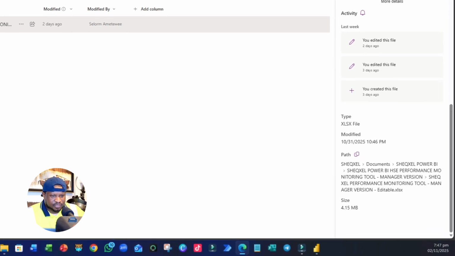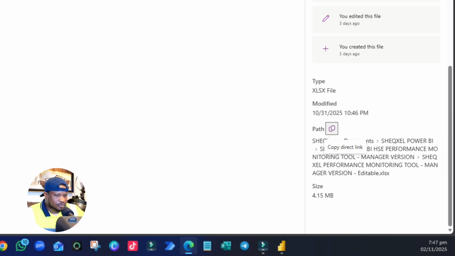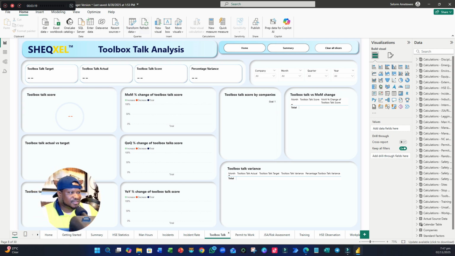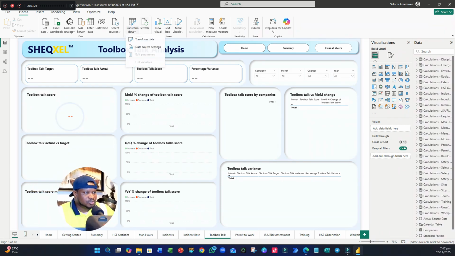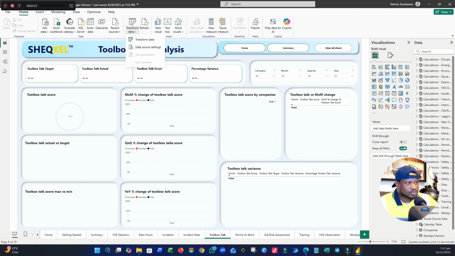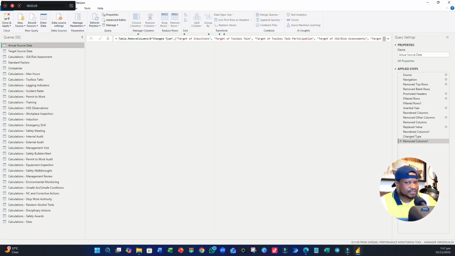So there's a file path, as we can see. So we just click on it to copy. All right, and then we head over to the Power BI templates. But this time around, instead of using edit data source settings, we have to transform the data, right? So we go to Power Query, as we see here,